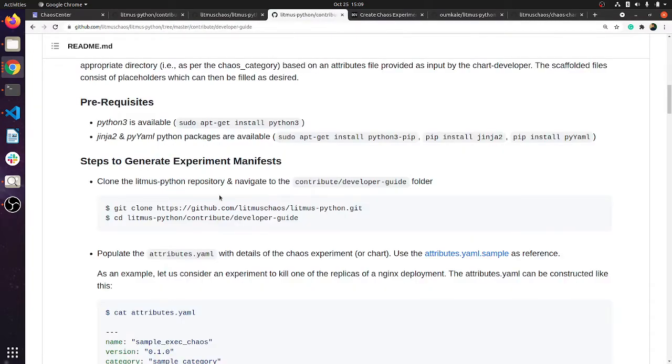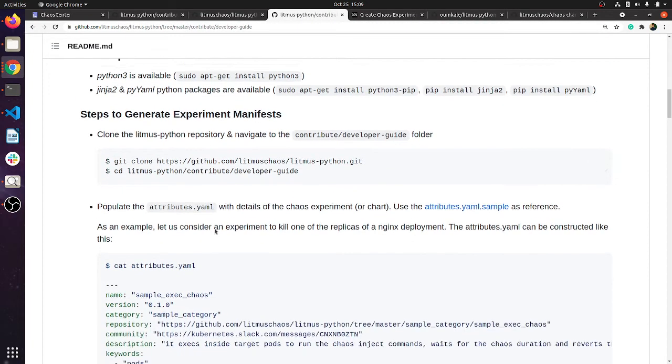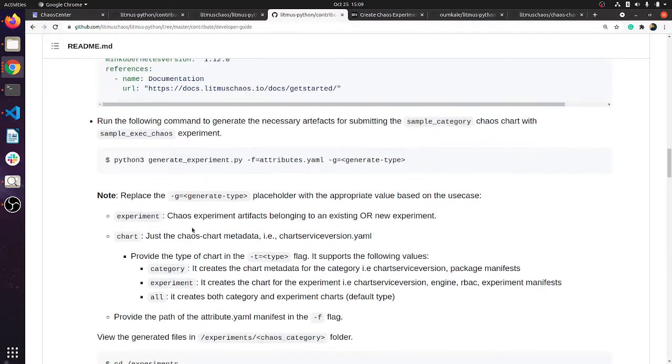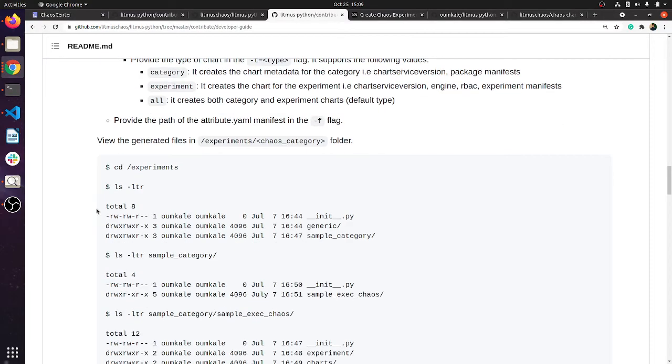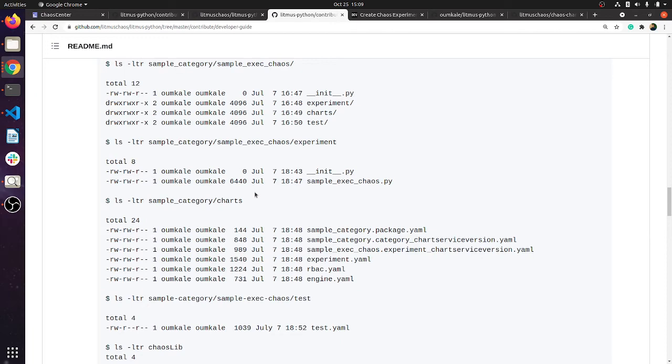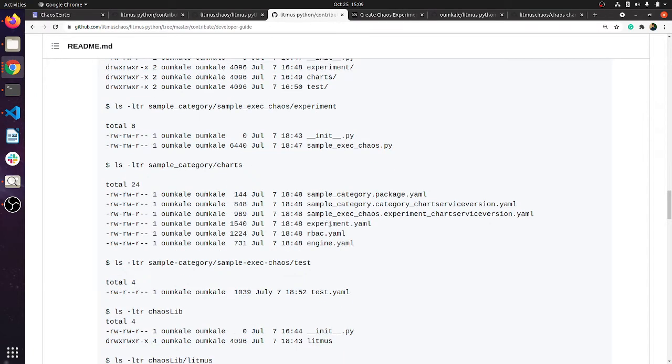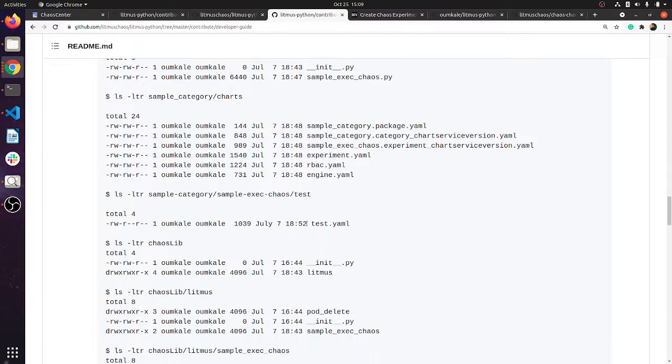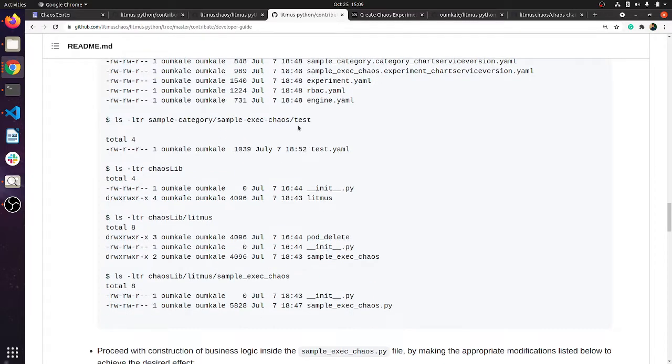So let's come to the Litmus SDK repo. Till now we are here. All these files have been created in the experiment sample category. You can see all the files which are getting created here, our engine experiment file as well. One test file is also created, which will help in Octato, where all the default templates are. Using that template we have to update the required envs and install that.